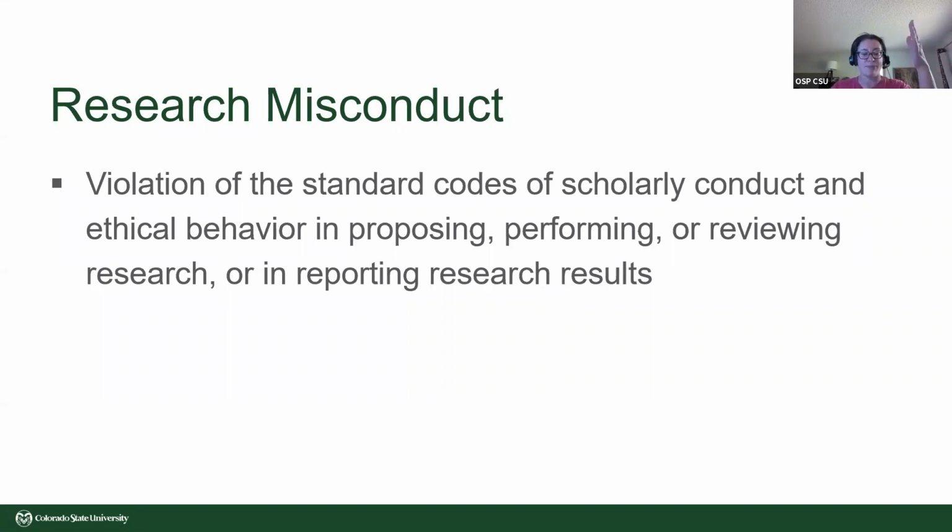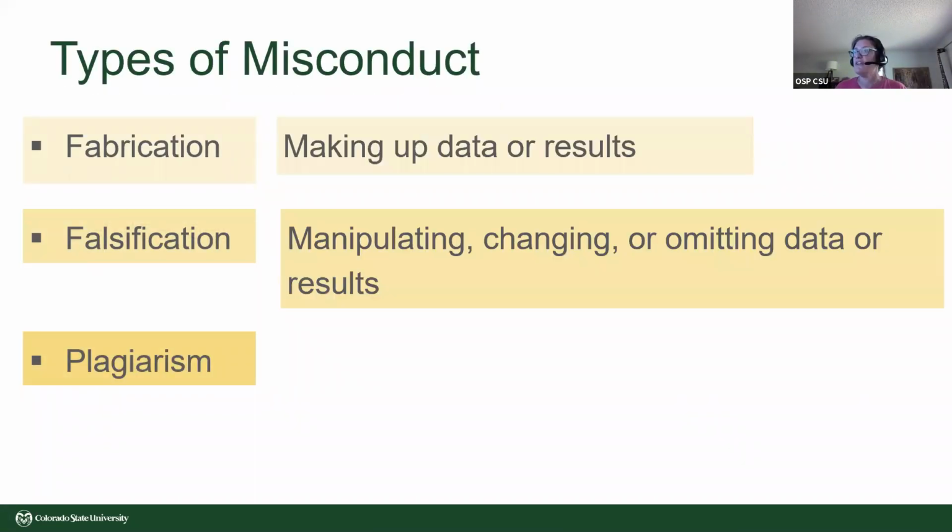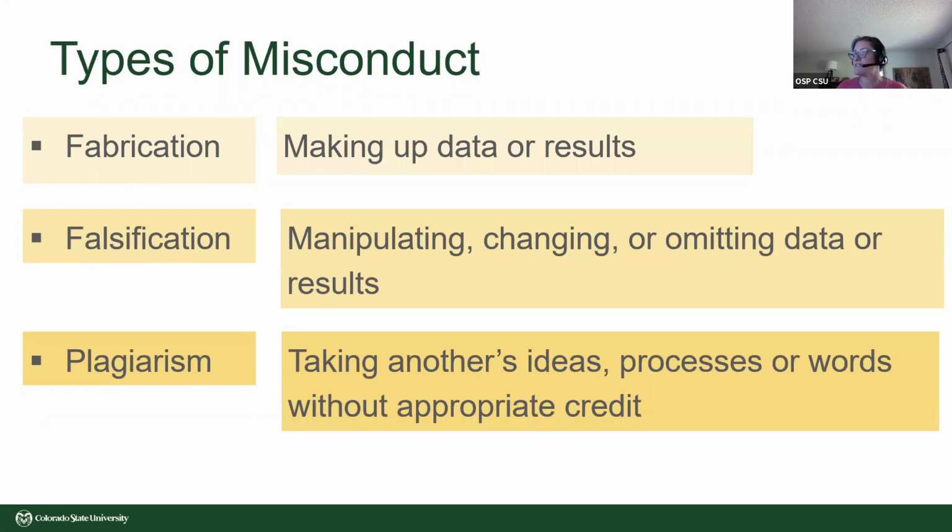And then just outright plagiarism. And it's interesting because some agencies now are even, so you know how when students submit papers, their instructors are putting them through certain software to check to see if they're plagiarizing. I have heard that agencies are doing that now, particularly like National Science Foundation, with proposals to see if PIs are plagiarizing, and if so, then they're going to kick that proposal out and cite them with research misconduct. So scary stuff. So the areas under research misconduct, I just went through these: fabrication, falsification, and plagiarism. Making stuff up, manipulating or changing, or conveniently omitting data that wasn't in line with the rest of your research results, or taking somebody else's ideas and not giving them credit.